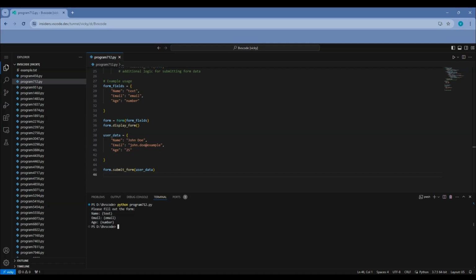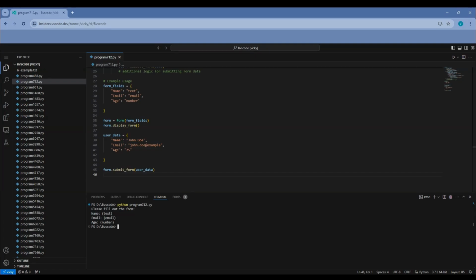Another real-world application of creating and handling forms is in the realm of customer feedback surveys. Many businesses use online forms to collect feedback from customers regarding their products or services. These forms may include rating scales, multiple-choice questions, and open-ended fields for comments. By creating well-designed forms and implementing validation checks, companies can gather valuable feedback, analyze trends, and make data-driven decisions to